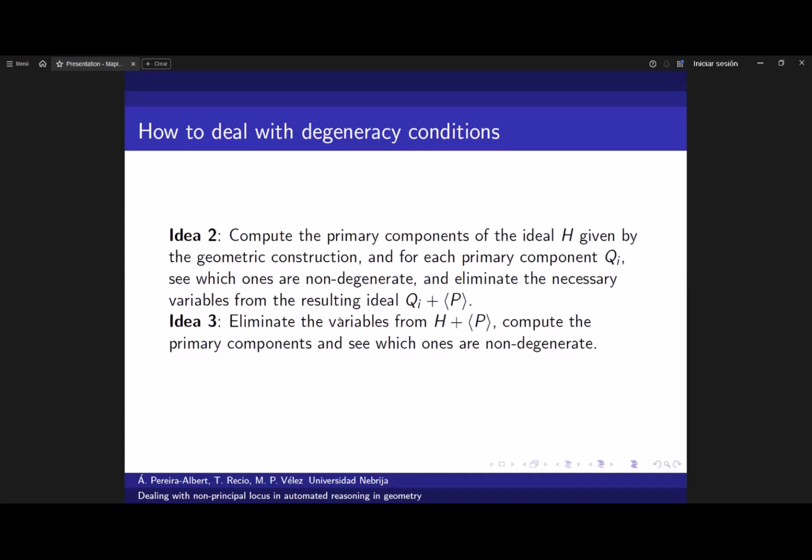eliminate. Or we can first eliminate the variables and then compute primary components, which is what we just did in this example. And this third idea is generally faster because again we eliminate first, so we presumably have less variables to work with when we want to compute the primary